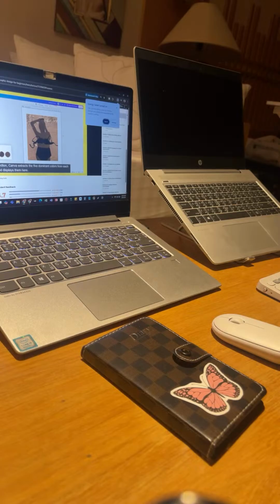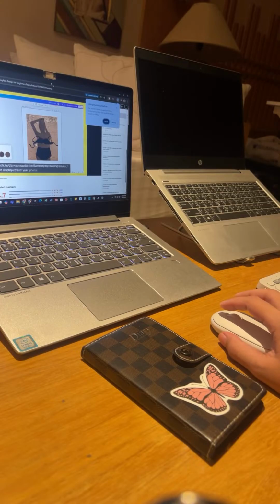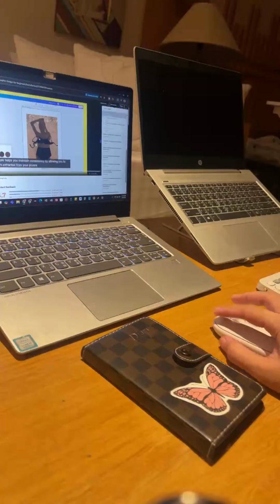In this section, Canva extracts the 5 dominant colors from each photo and displays them here. This feature helps you maintain consistency by allowing you to use colors